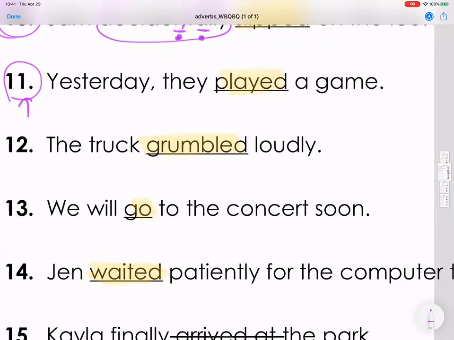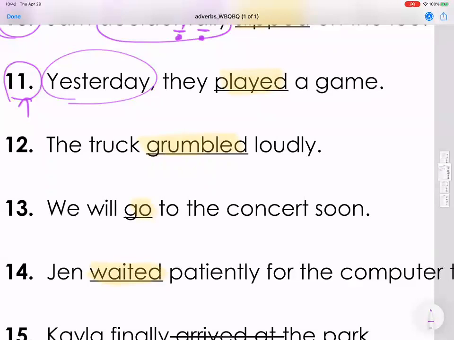Ooh, cool. So wait a minute, what's the adverb here? Good question. Yesterday. Yesterday is a time adverb. I know it's weird. It looks like why, but this is an adverb, one of the time adverbs. So yesterday, that's an adverb. Wow, you learn something new every day, huh? We do. Hope so. That's the goal.